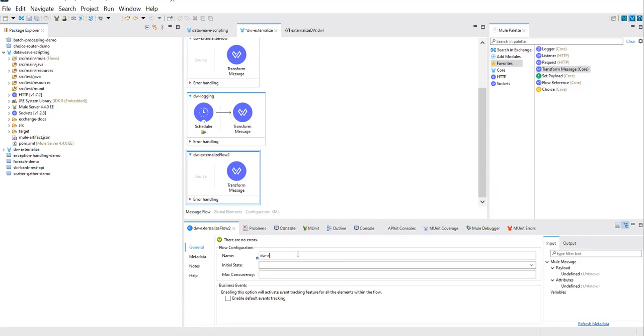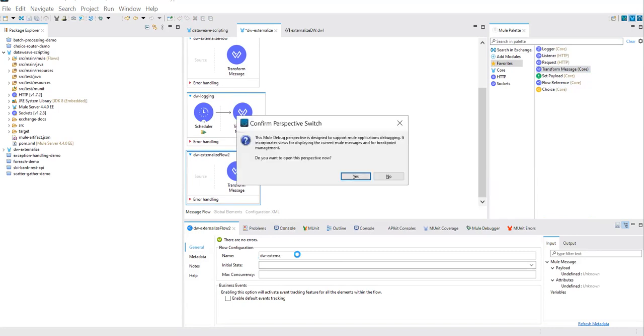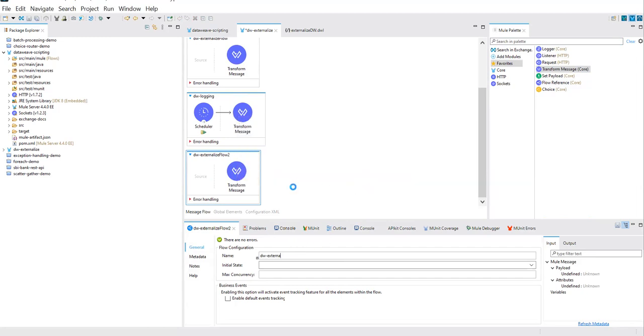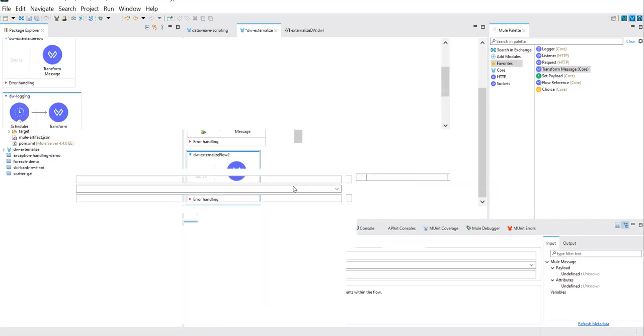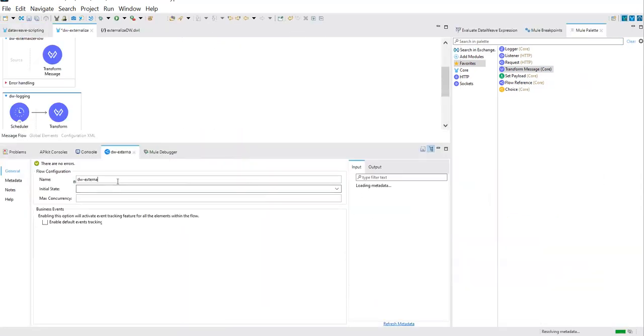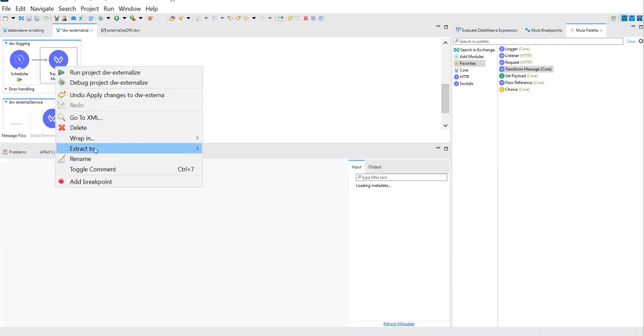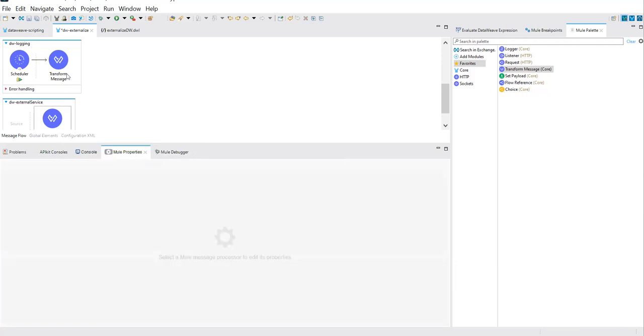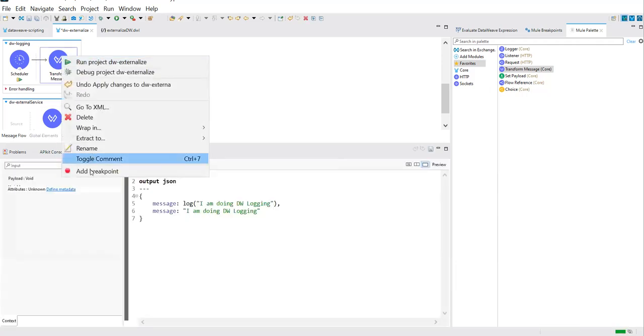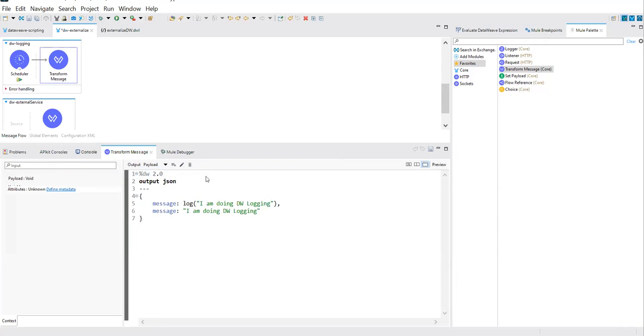Okay, so let's look at it, we put a breakpoint here, and if you look at